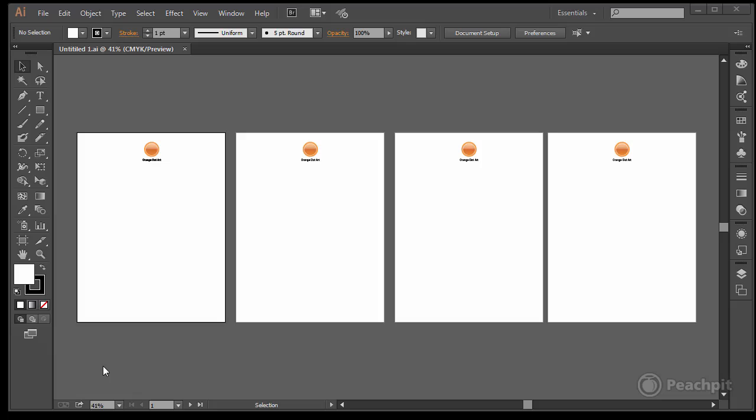We have our document. We have 4 artboards. We've put a pseudo logo on it, a little symbol and some text, and we've placed that on each one of the artboards in exactly the same place. Now, if we wanted to save this file so that we could use it for, say, letterhead, maybe an inventory